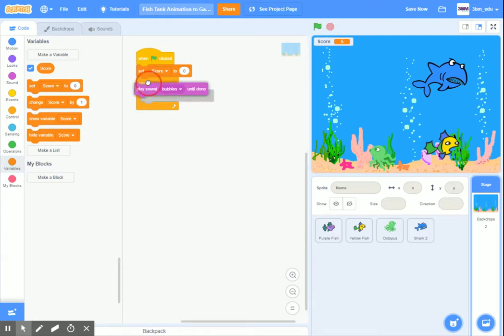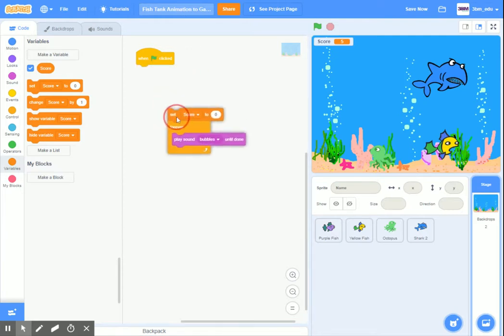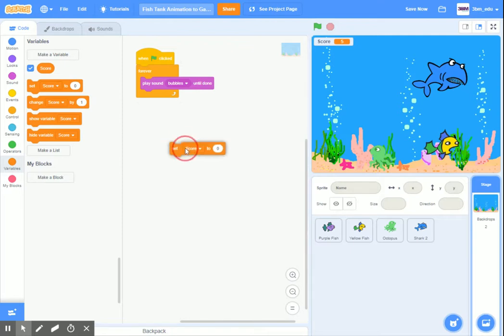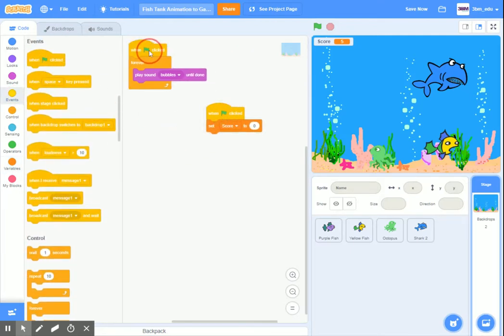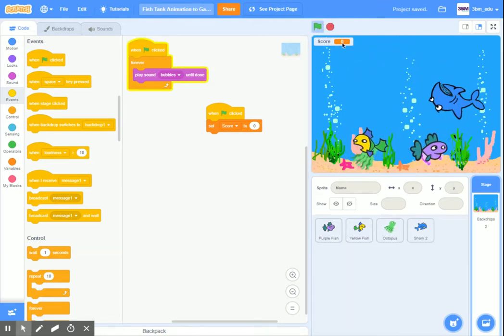This could be within this script, or if you prefer, you can actually have this as a little separate script as well, if it helps to make sure things are more spread out. This is the sound sprite, this is the bit to do with score. So now if I click go, the score resets. The only fish though, of course, that is going to give me points is still the yellow fish,